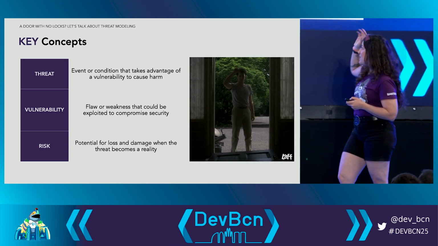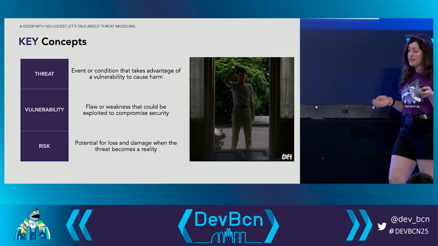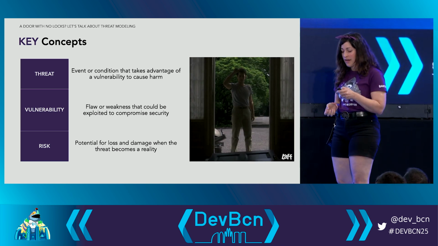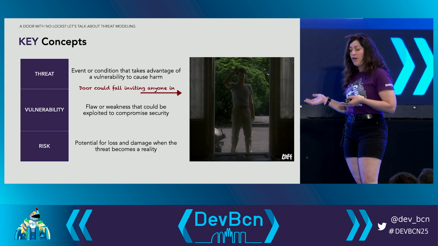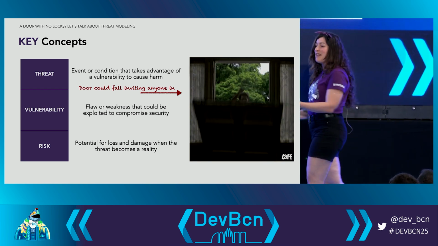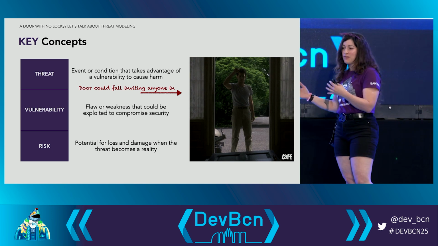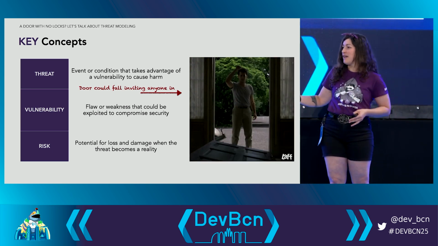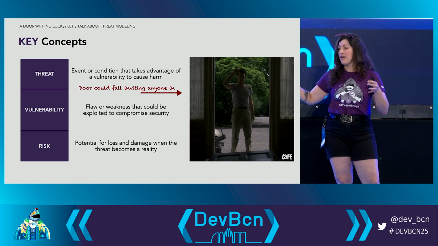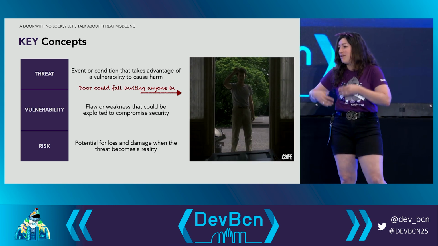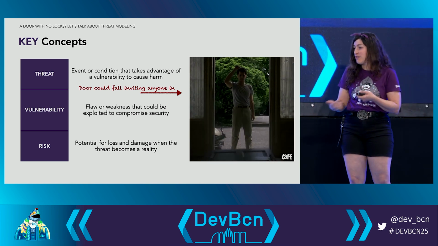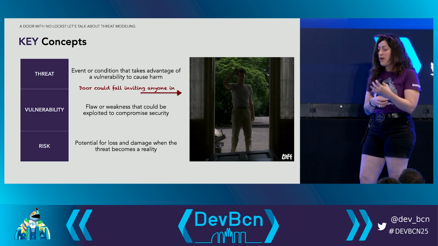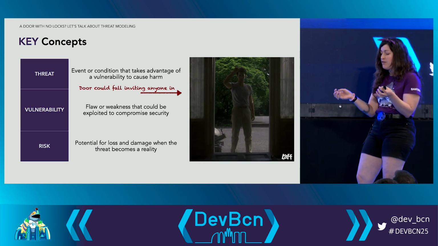A threat is an event or a condition that takes advantage of a vulnerability to cause harm. Let's use an analogy for that, okay? A door could fall, inviting anyone in. So the threat is that the door would fall, or if your house is settled at a place where earthquakes happen, an earthquake can take your house away. That's a threat. A vulnerability is a flaw or a weakness, a bug in your design that could